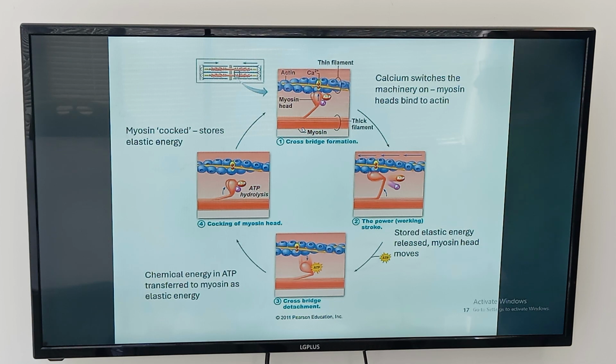Okay, you have the thick filaments and the thin filaments and the myosin head, and you have two molecules of ATP and one phosphate molecule. For the cycle to start, the calcium molecule switches the machinery on, and the myosin head begins to bind to